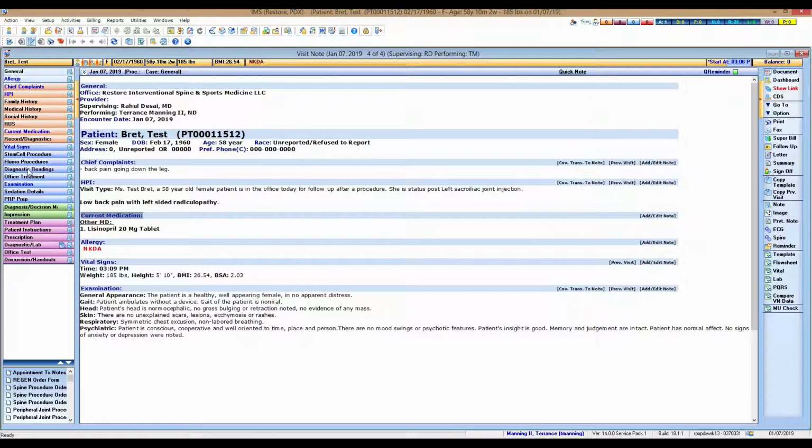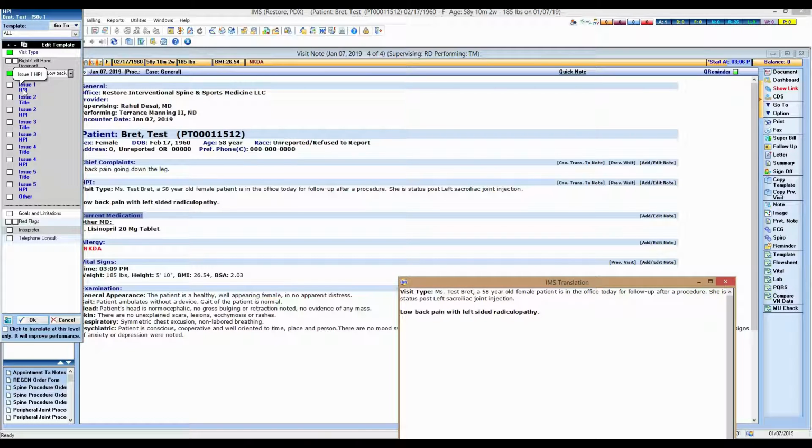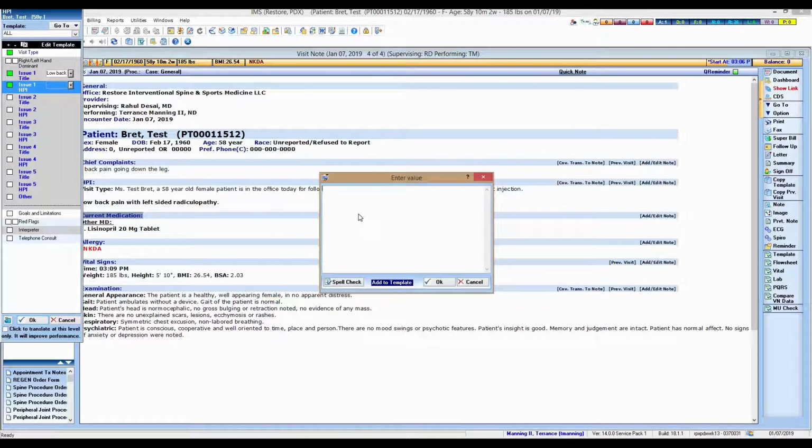And now we're in the room and we get their HPI. With the HPI, we'll ask them the standard questions. If it's a new patient, we want to be very detailed in our HPI. We want to document where exactly the pain is located, how severe their symptoms are, what the quality of their pain is, if they have any neurologic deficit, if they have any muscle weakness, if they have any limitations in